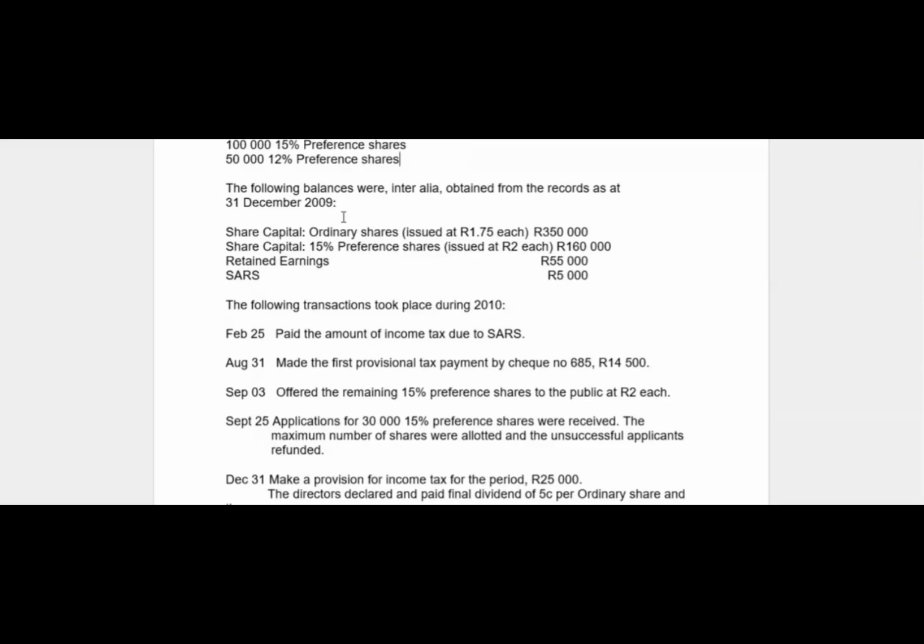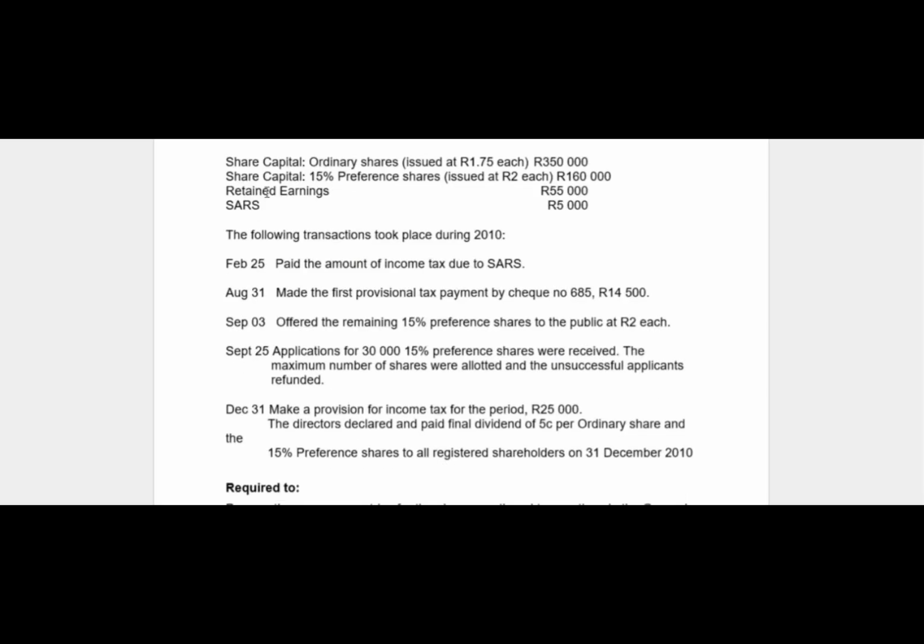And then let's proceed. They say the following balances were inter alia obtained from the records as at 31st December 2009. And then they gave you share capital, ordinary shares issued at R1.75 each, with an amount of 350,000. And then we've got share capital, 15% preference shares issued at R2 each, 160,000 rand. We've got retained earnings of 55,000. We also have Sars,